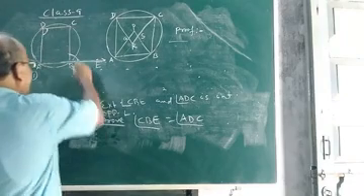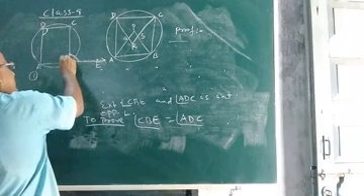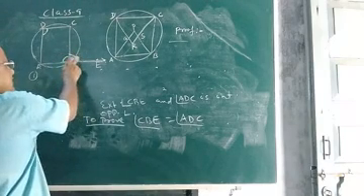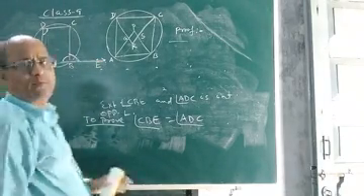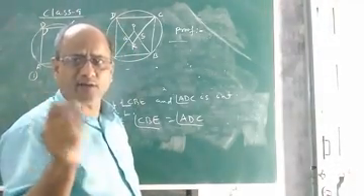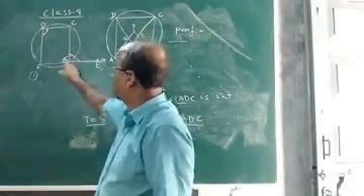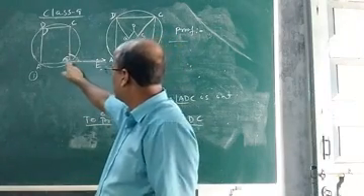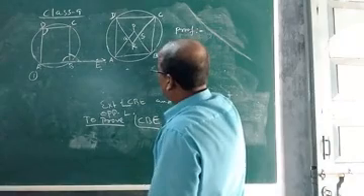Now see children, as this is the exterior angle and this is the interior angle at this side, clearly these two angles, CBE and ABC, form a linear pair, and their sum is how many degrees? You know. What is the sum of a pair of angles forming a linear pair? The sum of these two will be 180 degrees, because this angle and this angle form a linear pair. So what is our first step?